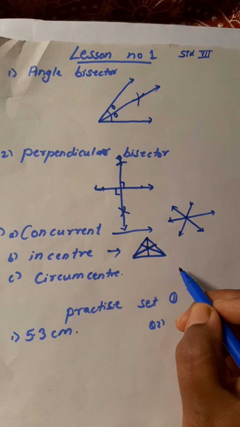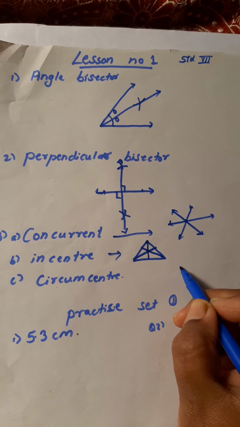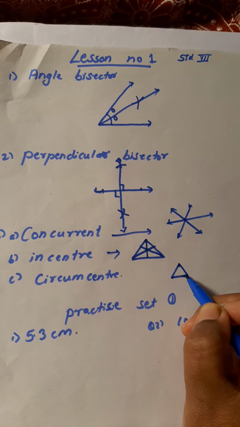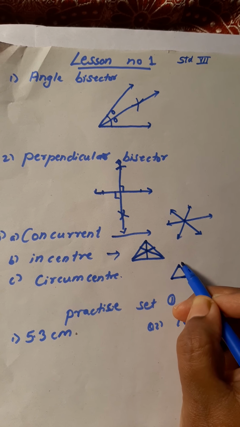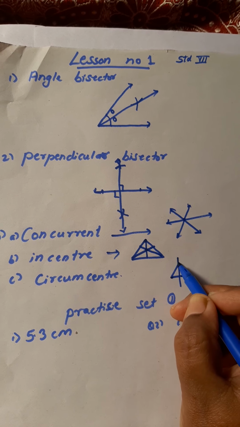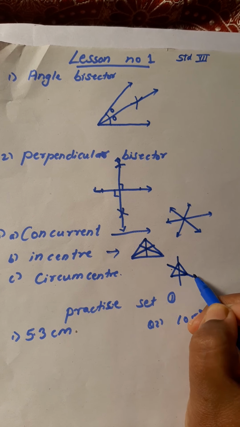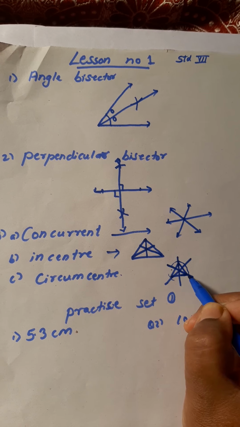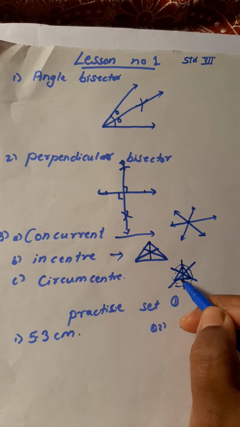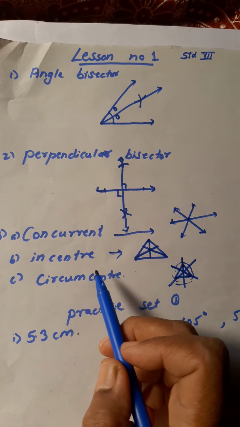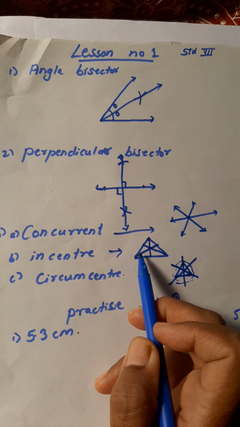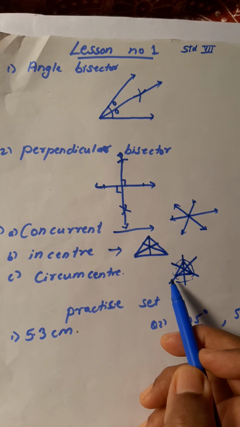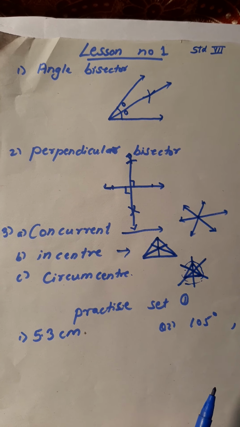Next, it is a circumcenter. Circumcenter means what? When we draw a triangle and draw perpendiculars on each side with the help of a compass, again perpendicular on this side and this side, then we can easily draw the circle. Okay, this is called the circumcenter. Again I will explain. For the incenter we use the angle bisector, and for the circumcenter we use the perpendicular bisector. Understand? Now I will take a few examples here.